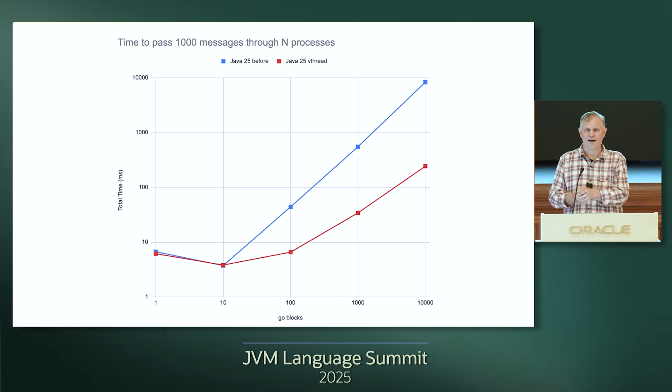And this is a log-log graph. So you should read the line in a log-log graph as a bad thing. And then the blue is the before and the red is the after. Lower here is the total time, so that's good. This is just an initial test. There's lots more kinds of tests to run still, but that was very encouraging.